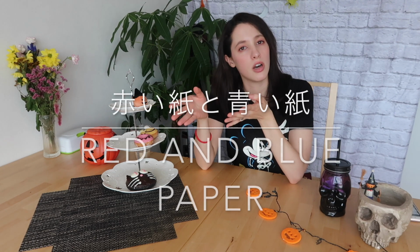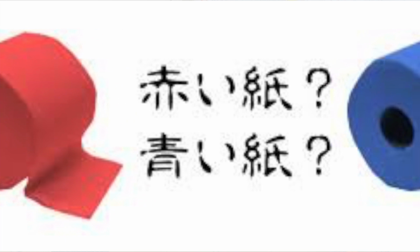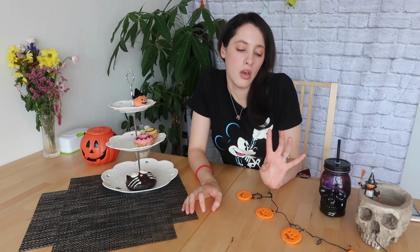Next school ghost story I'd like to talk about. It changes from area to area, but the generalized story is Akai kami to aoi kami, which means red paper or blue paper. It tends to happen in the boys' restroom from what I've heard, but I think in general it happens in any restroom. You go into a stall, you do your business, and there's no toilet paper. All of a sudden you hear a voice out of nowhere that says, Akai kami to aoi kami, dochi ga hoshii? Do you want red or blue paper? Depending on the area, your answer will change. If you answer red, the general idea is